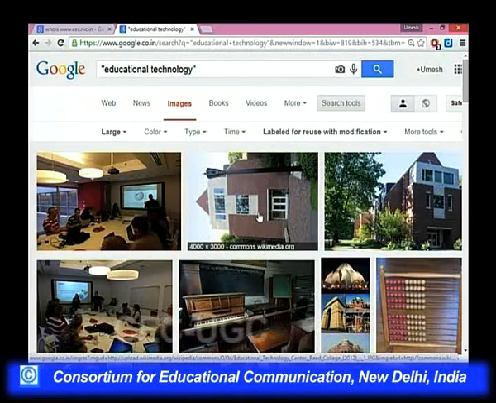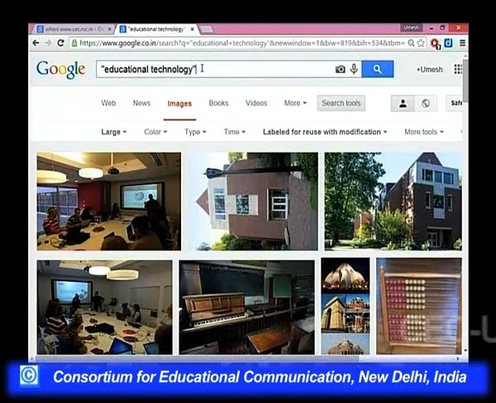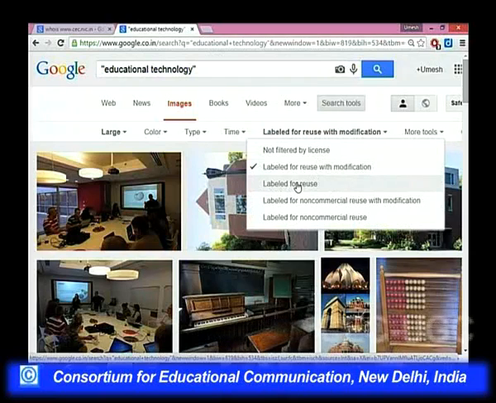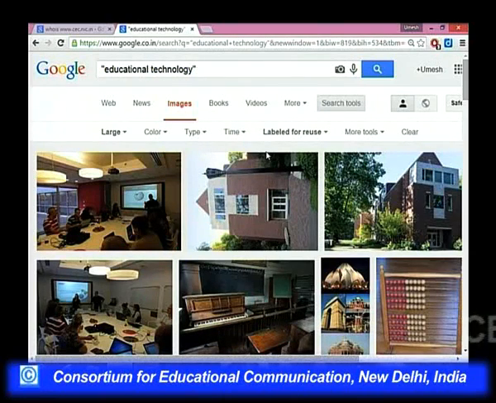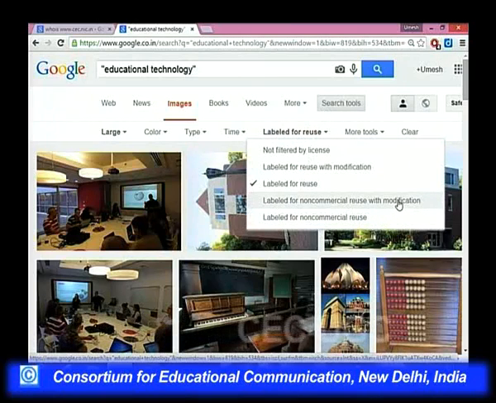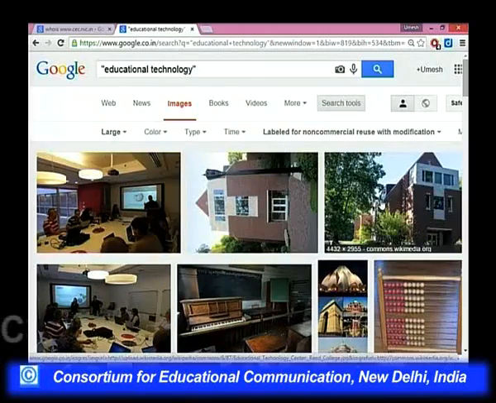Google collects the images from around the world with your keyword, and similarly the usage rights are also given here. Label for reuse, you can reuse them even commercially, no problem. And label for non-commercial reuse with modification. Again, you will find some different pictures in that.